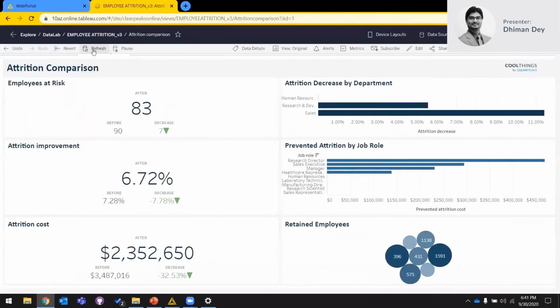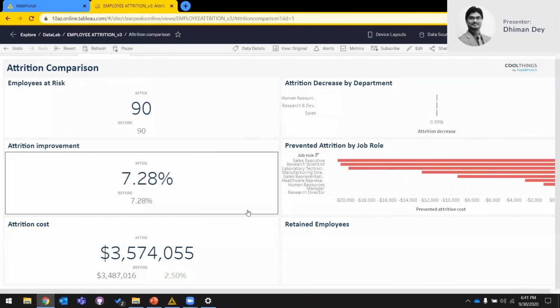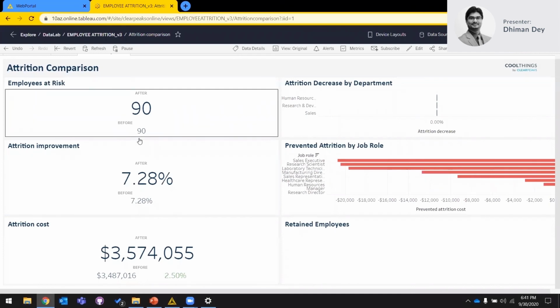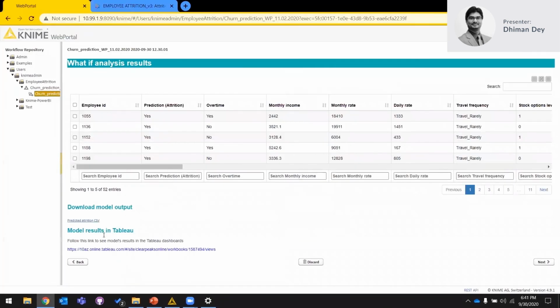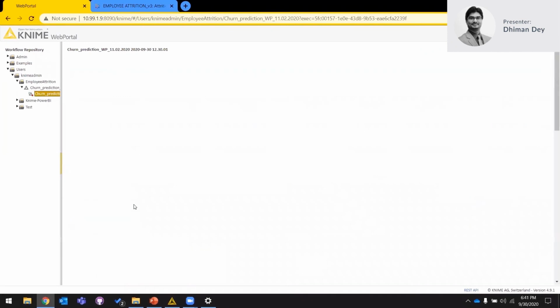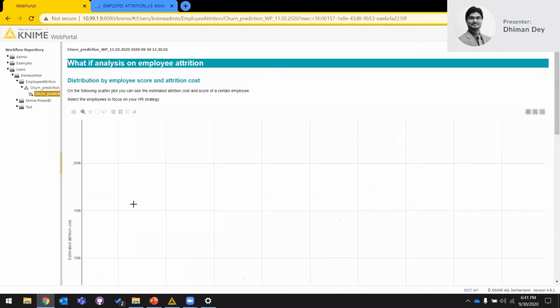Let's go back to the model and do a quick refresh. Seems like you're not able to retain any one of them. So again, this also proves what we have seen earlier during the exploratory data analysis phase, that maybe salary hike is something that they're looking for, but in reality it's not. So what you can do is go back here and make changes and understand what kind of strategy your people are actually looking for.